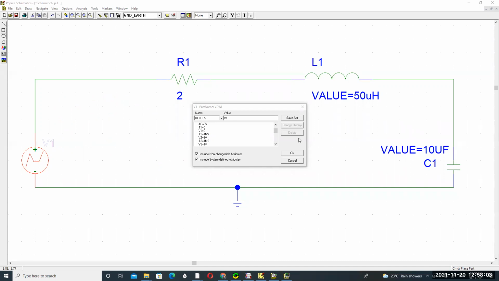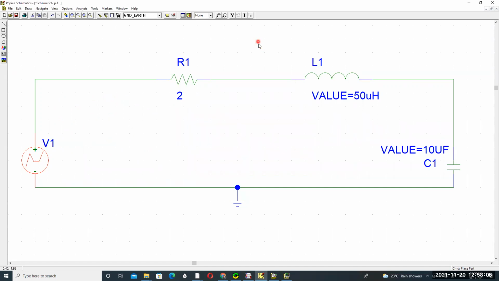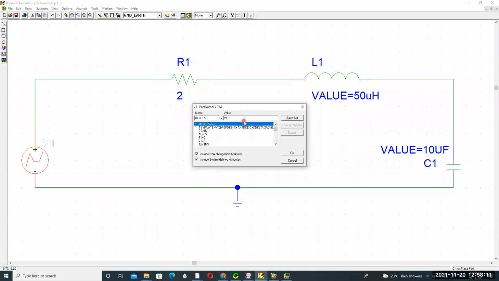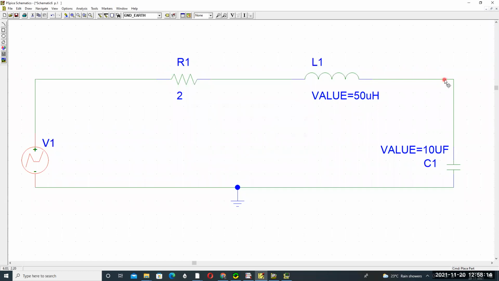After this, we are finding the response across the capacitor. That's why enter this label V output, and this is our V input. If you want to observe the waveform, take a probe and connect here. And also if you want to find the waveform across the capacitor, find the response across the capacitor. Like this, the series RLC circuit is designed and the step response is analyzed.